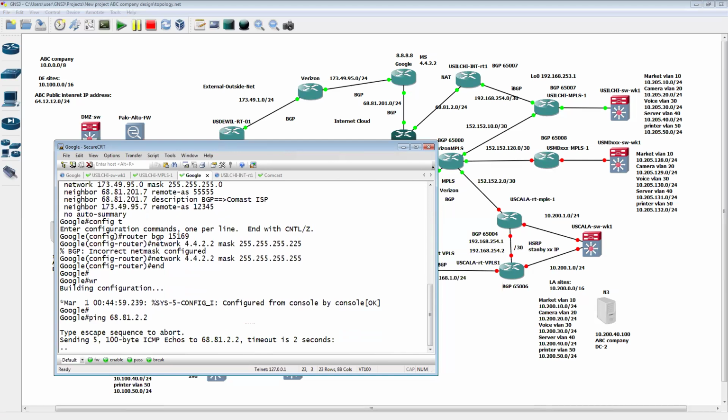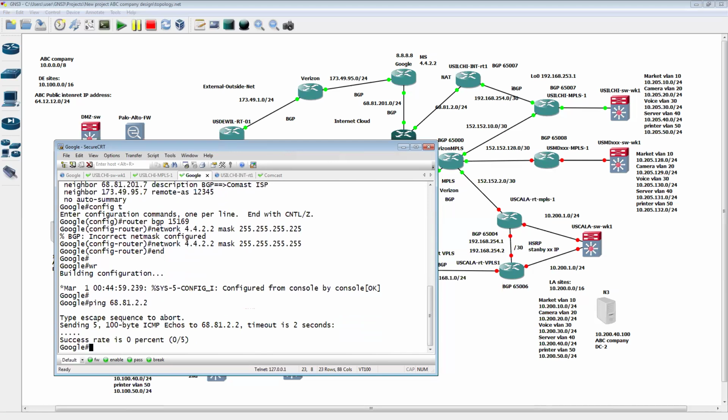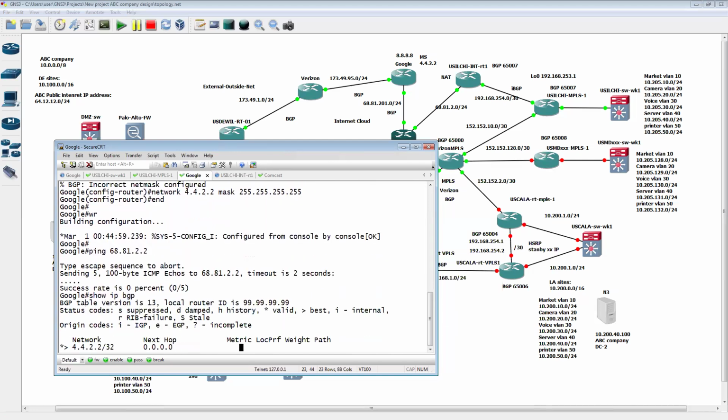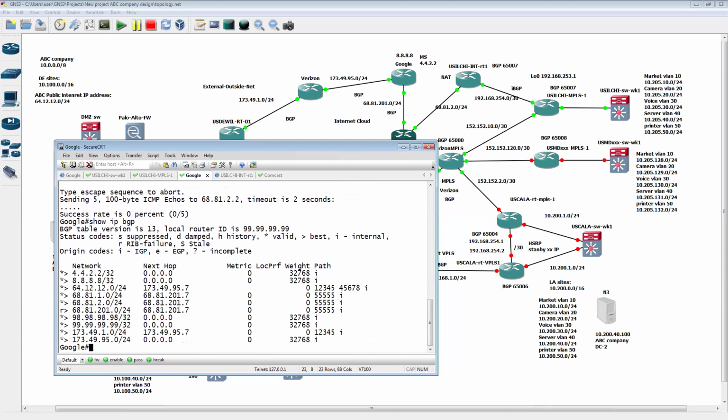Oh, no return traffic. You see, that is the problem. Really? Okay, let me see. Show IP BGP. Same thing again. Do we advertise? Who advertised this one? Yeah, this is the content advertised, right? From the next hop from